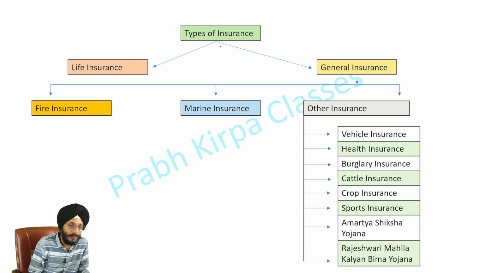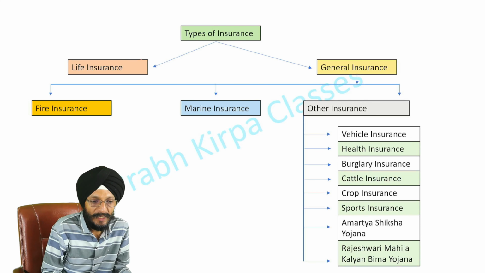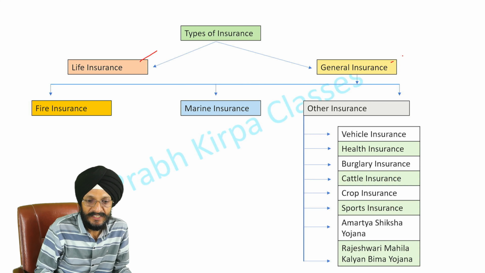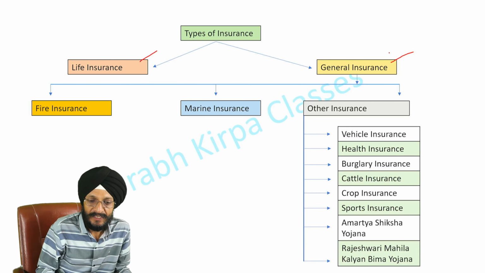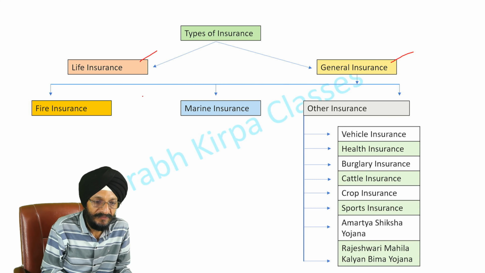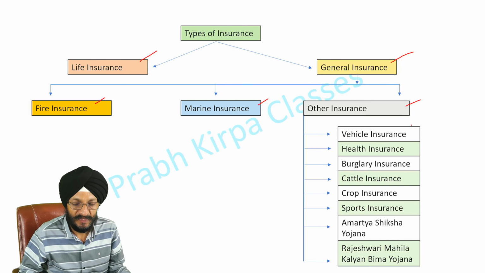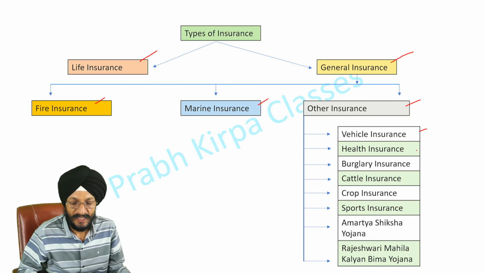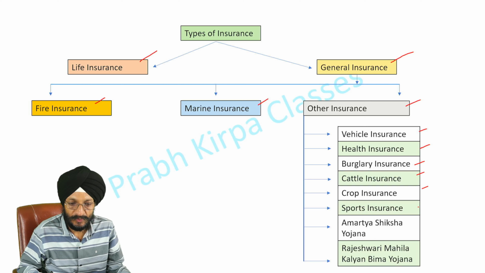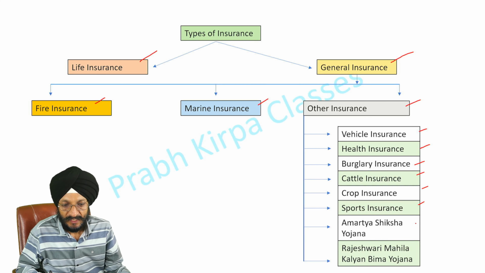Insurance can be broadly classified into two types, life insurance and general insurance. Again, the general insurance can be classified into three types, fire insurance, marine insurance, and other insurance. Examples of other insurance are vehicle insurance, health insurance, burglary insurance, cattle insurance, crop insurance, sports insurance,